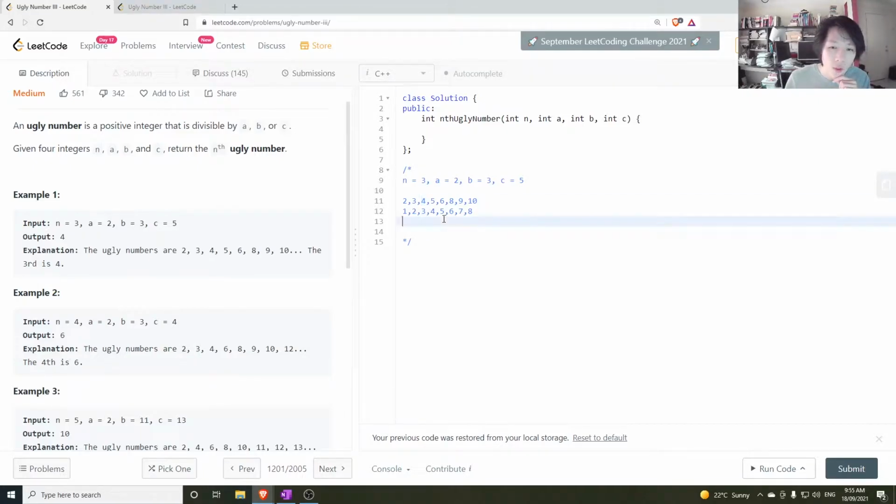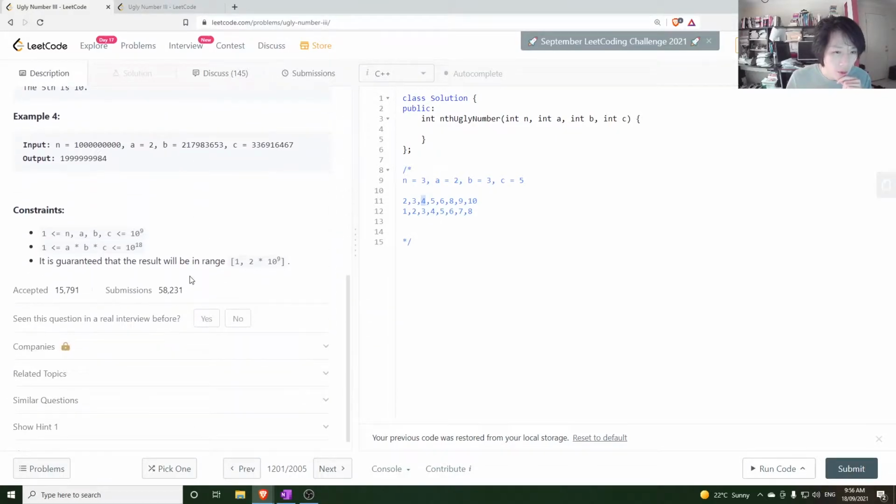Okay, so why don't we just go through all possible answers in a linear loop and figure out if it's an ugly number. You can do that if you just take the number modulus each of these and see if any of them are equal to 0. If the modulus equals 0, then it's an ugly number. Okay, that would work, but